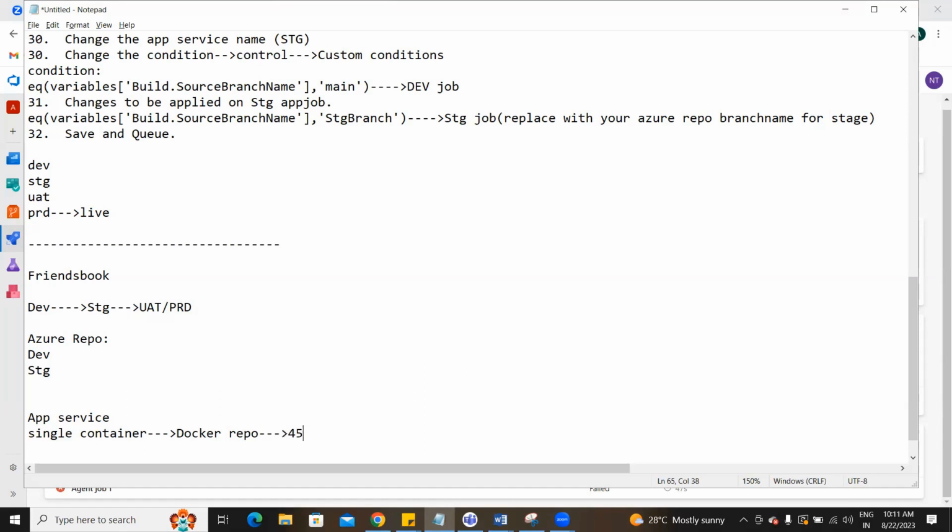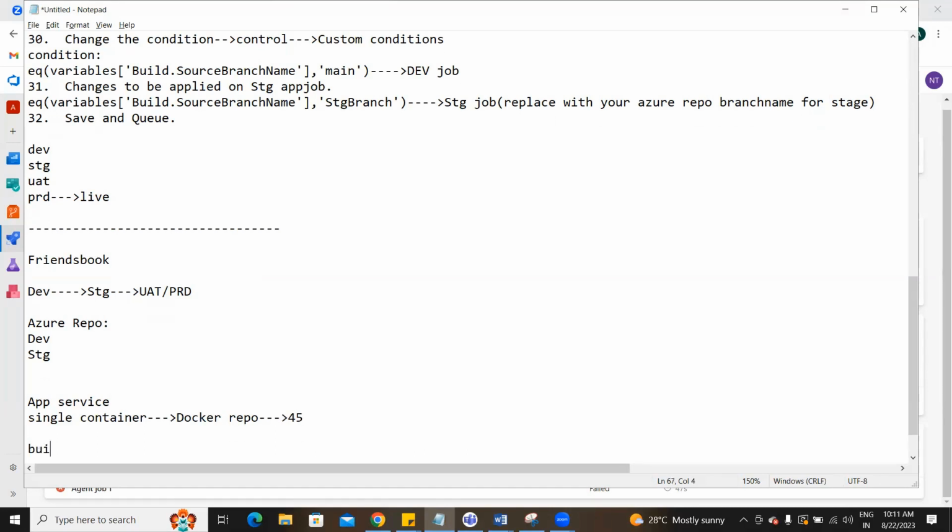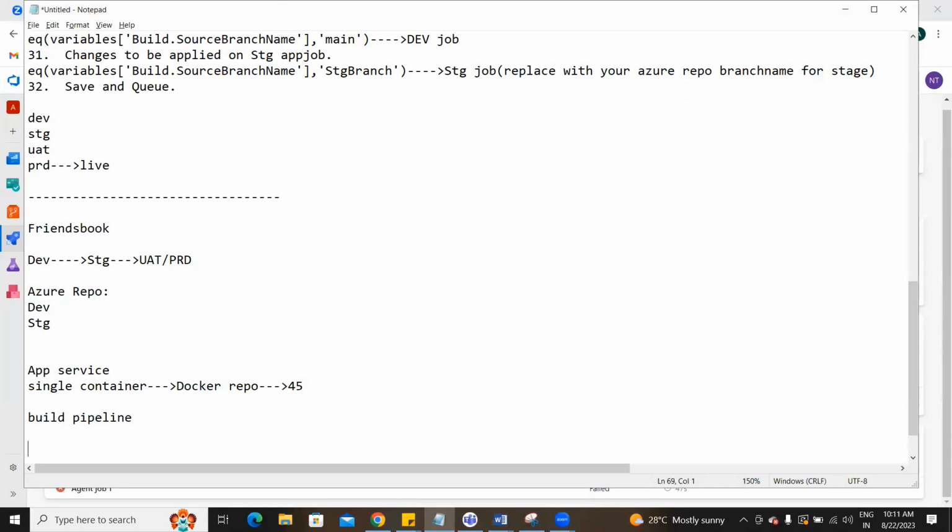Very good. But now what is coming, my friends? When I'm doing the build pipeline, what is coming up? It's coming up with this image name, Image 1, Docker repo, then the branch. Forgot it, buddy? No, you should not forget. This one, right? So both are different or not?